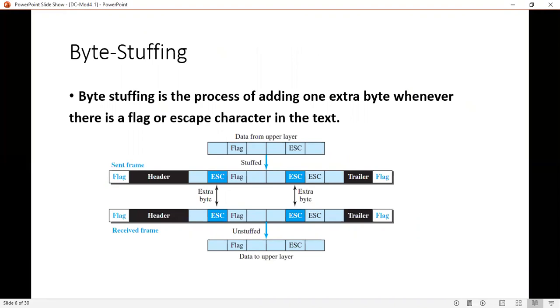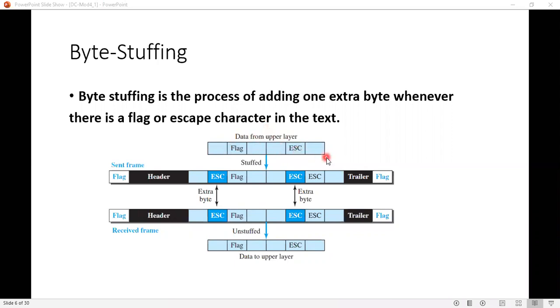Byte stuffing is the process of adding one extra byte whenever there is a flag or escape character in the text. See this figure here. This is the information or data coming from the network layer, data from the upper layer.